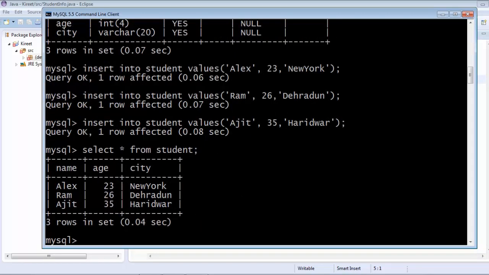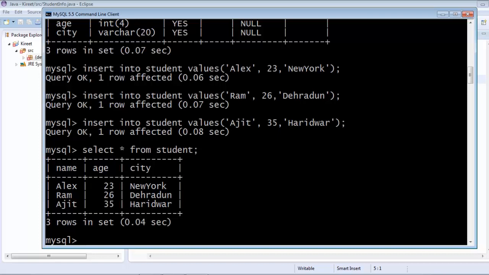So the output will be a complete table that contains the attribute name in one column, age in the second column, and city in the third column. Alex 23 New York is row 1, Ram 26 Dehradun is row 2, Ajit 35 Haridwar is row 3. So the output is in the form of a table in which we are getting 3 rows. This is the database that we have now created.